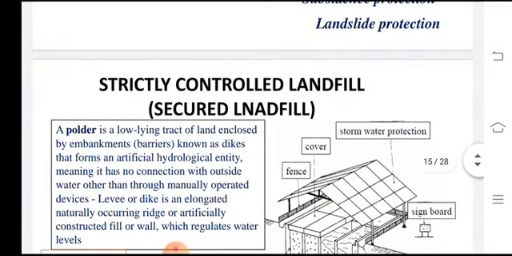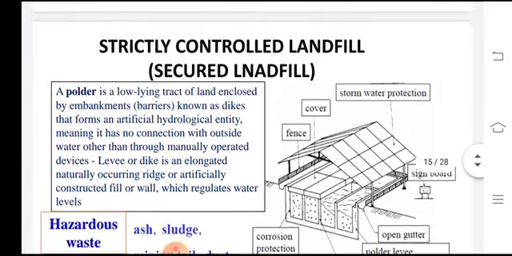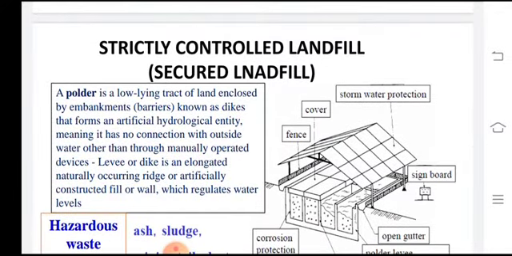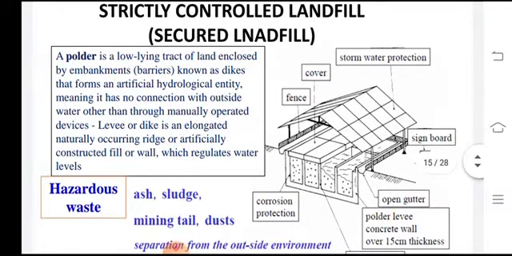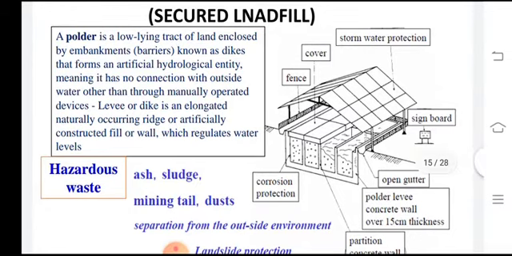And then we have finally the first category, the strictly controlled landfill, the secured landfill, and it needs more and better protection. It consists of hazardous waste altogether. It must have proper fencing and minimum infiltration, so it must be kept free from any kind of infiltration coming in the form of rain